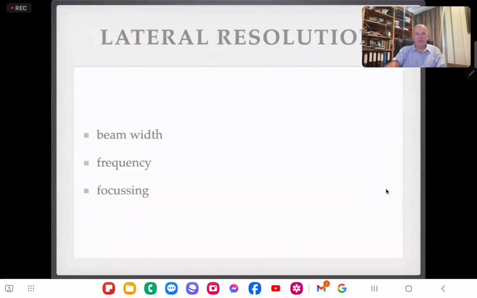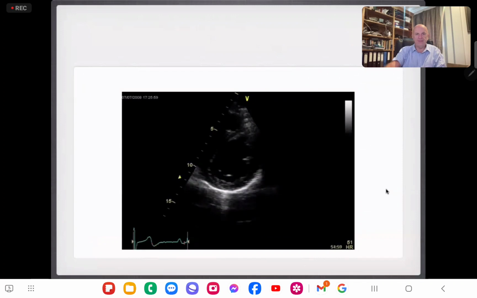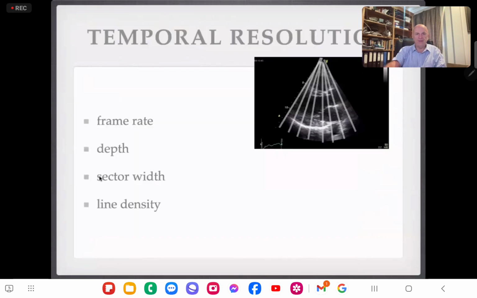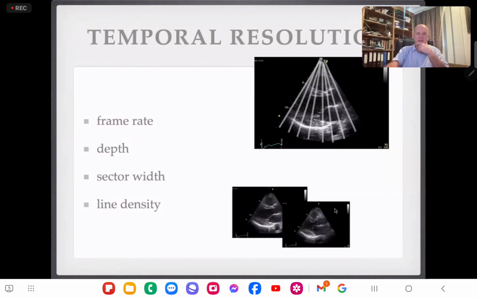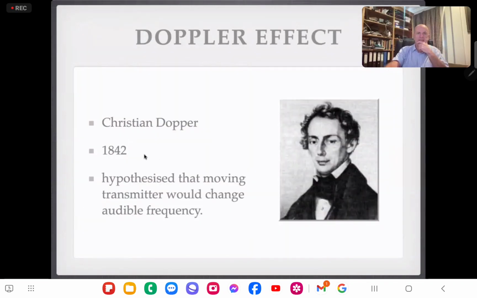Resolution we'll talk about tomorrow. Resolution is just how close together you can tell things apart. So if you know there's one thing or two, and that can either be in space or in time. And there's a couple of questions on that tomorrow, so I won't get too bogged down in that today, except to say that for lateral resolution